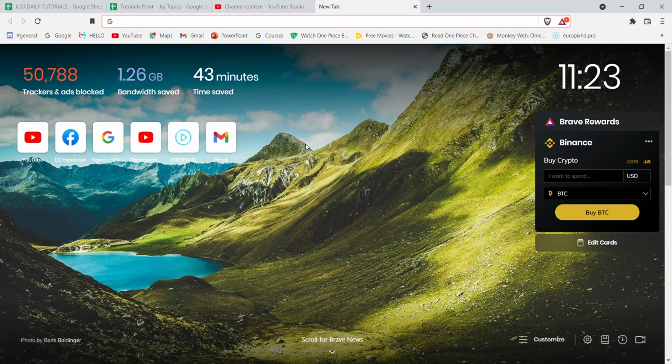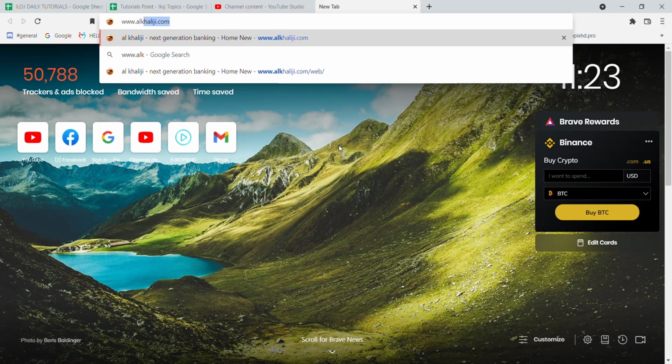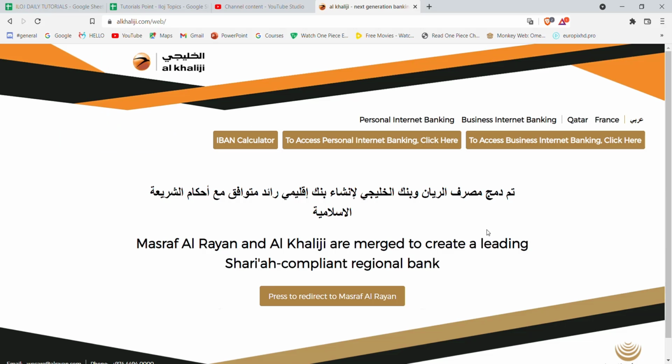First of all, make sure that you're connected to the internet. Once you make sure that you're connected to the internet, open up a web browser. Now, once the web browser is open on your screen, type in www.alkhaliji.com and hit enter. After the home page of the Khaliji Bank opens up on your screen, you'll see three